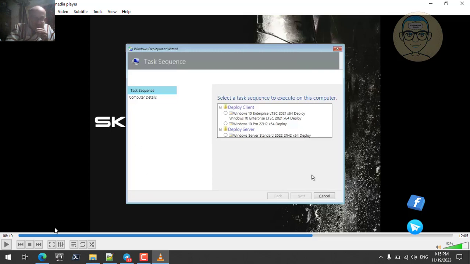Okay, so now we can see that we are choosing Windows 10 Pro, and we see something here. This is Enterprise LTSC. After clicking next we will see the script error, the error that appeared previously when we were capturing an image. I said before that this has a fix, and I have shown you all how to fix it. Actually, when I was recording this video, I didn't apply this fix. Okay, so when we click next,